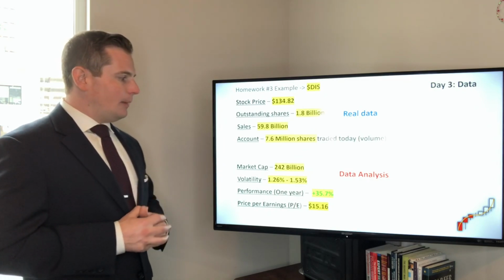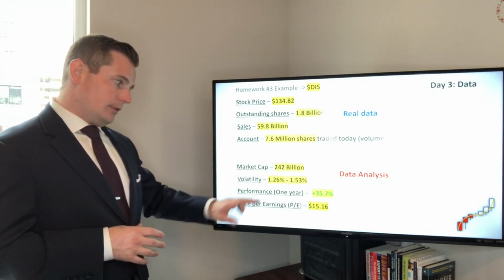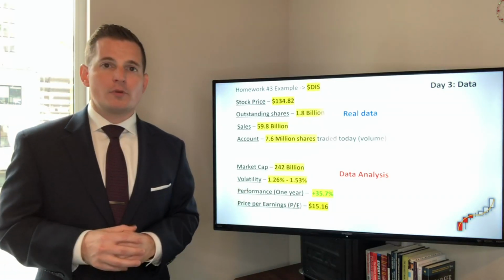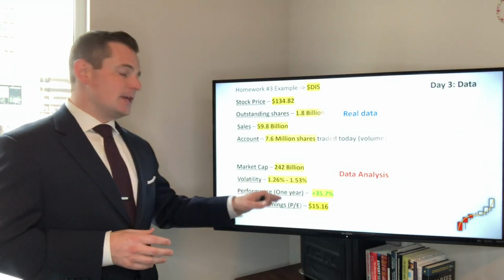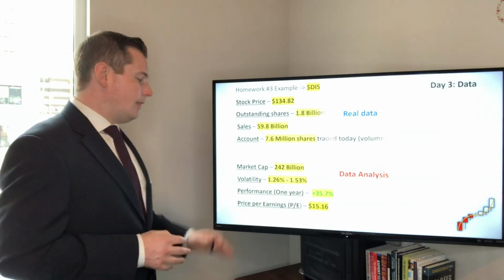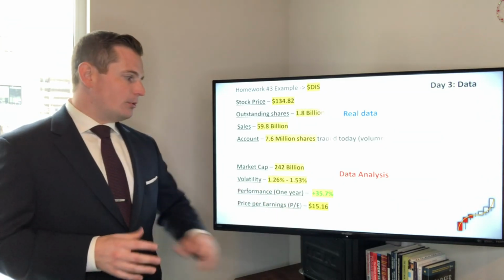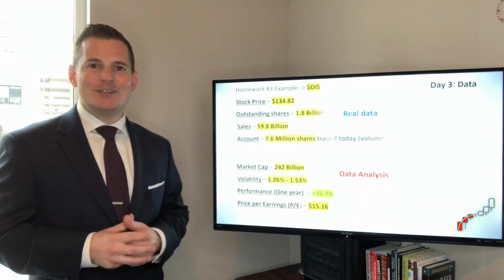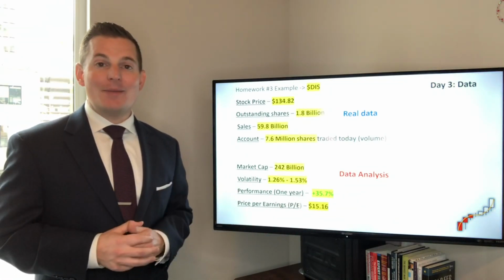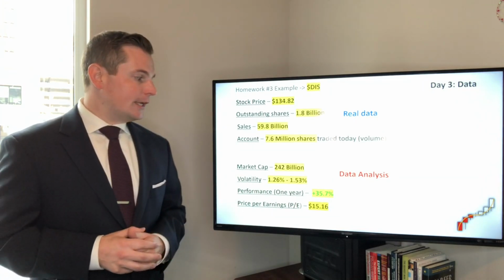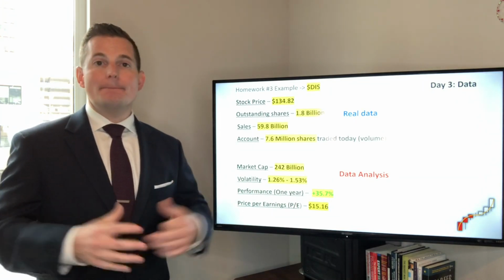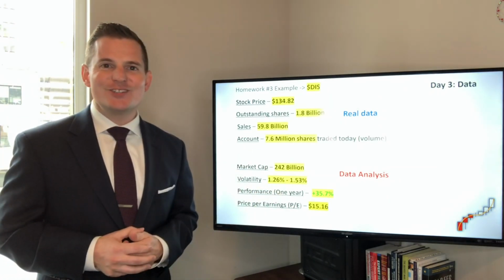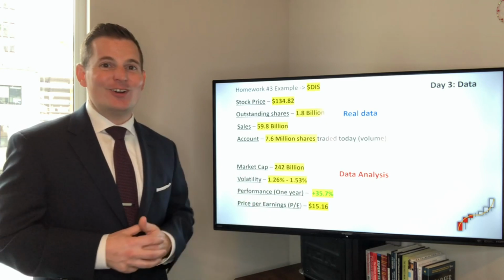And then I put in the market cap, the volatility, the 1 year performance. You can use whatever performance you want, just make sure to specify what it is, and then also the price per earnings. And that is a mistake. There should not be a dollar sign there. That's my bad. The price per earnings is just a multiple. So that's 15.16. Ignore that dollar sign and make sure you get it right on your homework